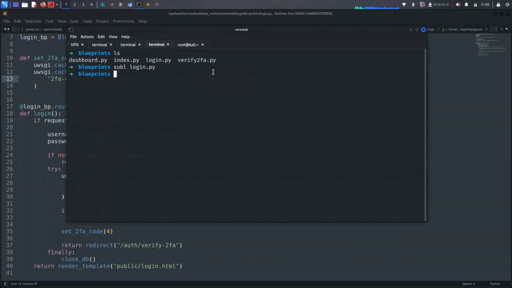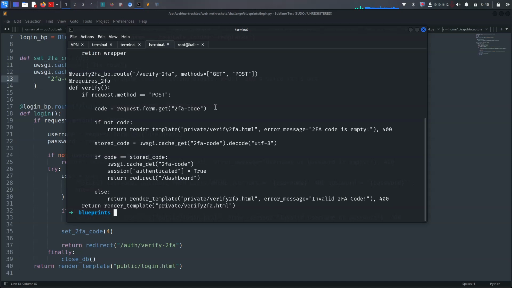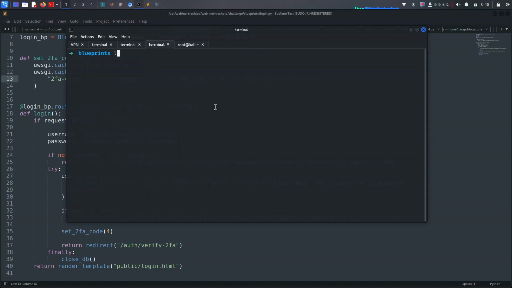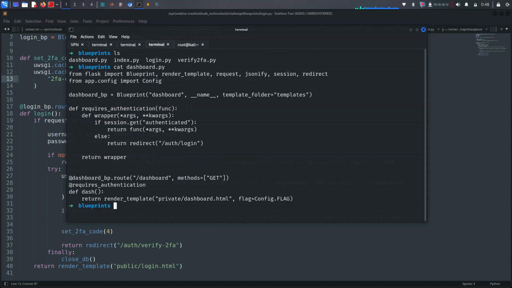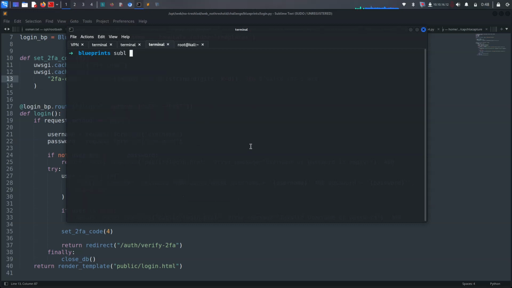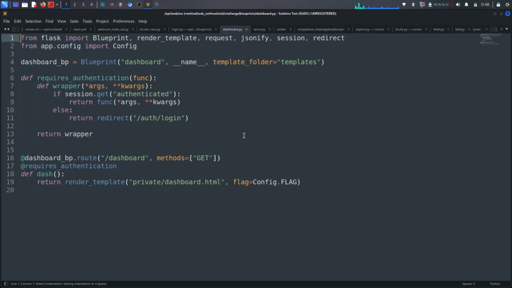Let's say cat verify to factor in Python. So this is basic. So cat dashboard, and let's say what's going on here. So Sublime tag and dashboard.python file. Okay, they're just opening here the function, which one is equal dashboard BP, and the recursive authentication is function argument,